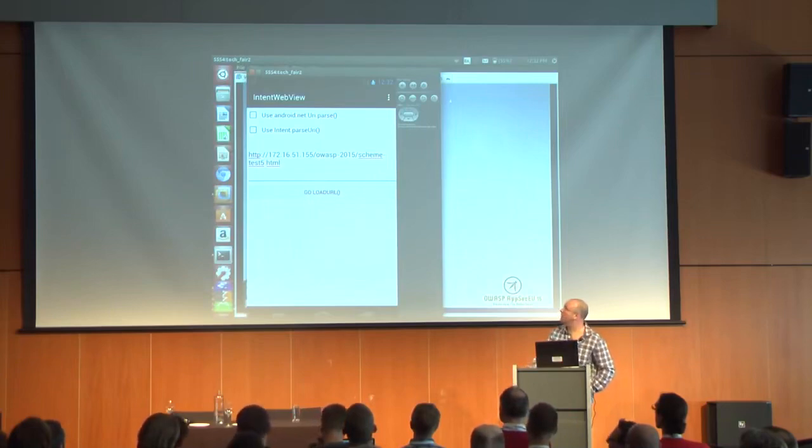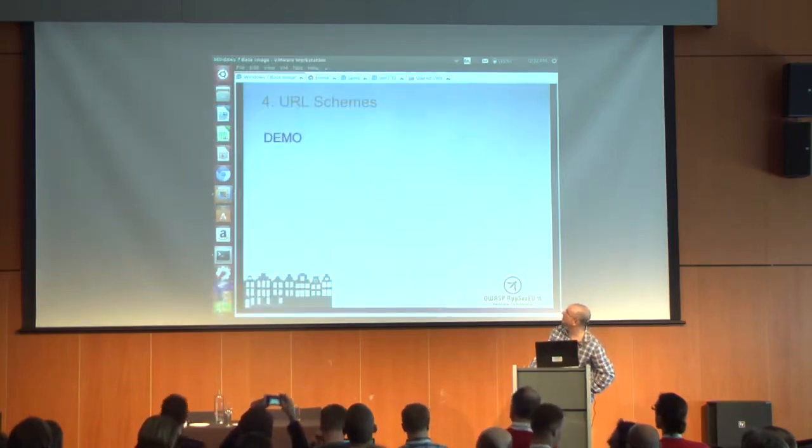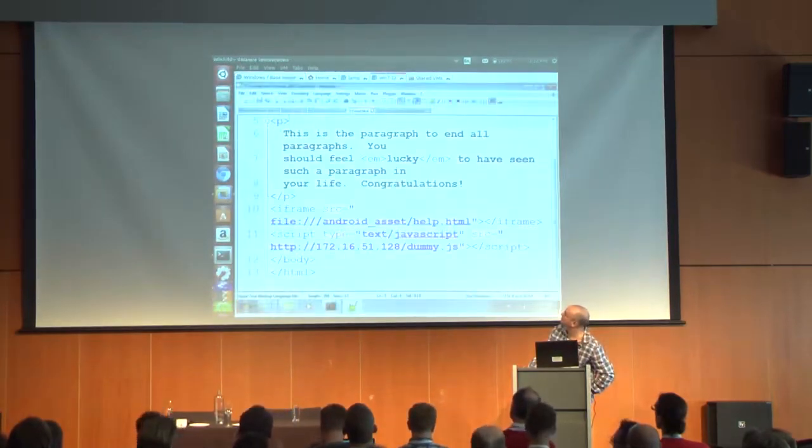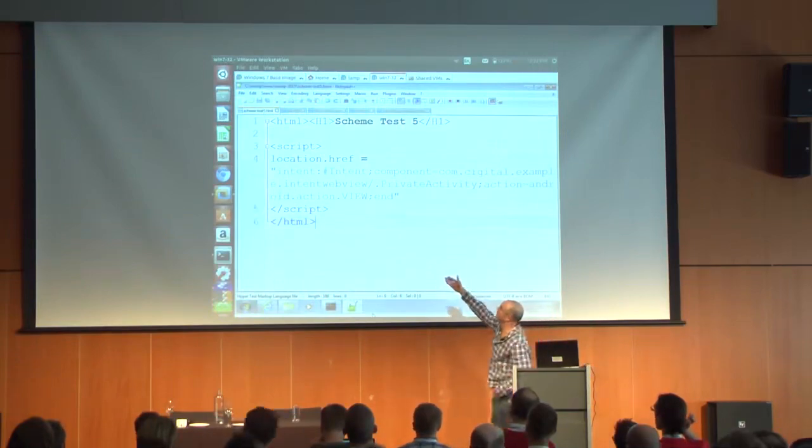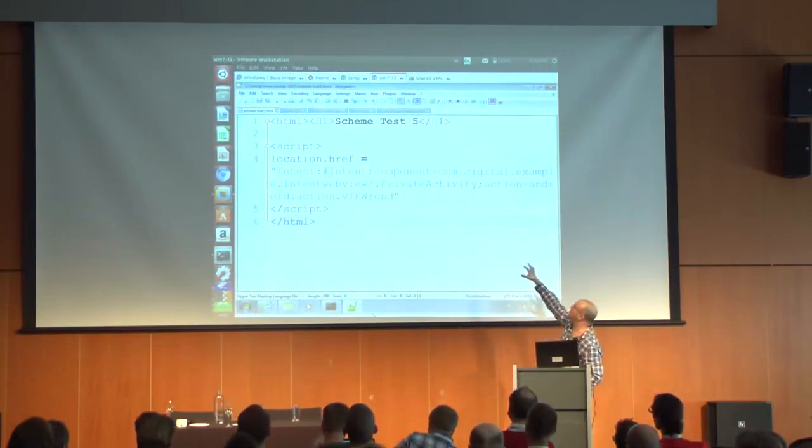So I'm going to go to a page. I'm going to turn on the unsafe usage. There's two ways to parse a URI. If I have a look, what's at this page? Here's my intent. It's at the intent scheme. And I'm going to say component equals,